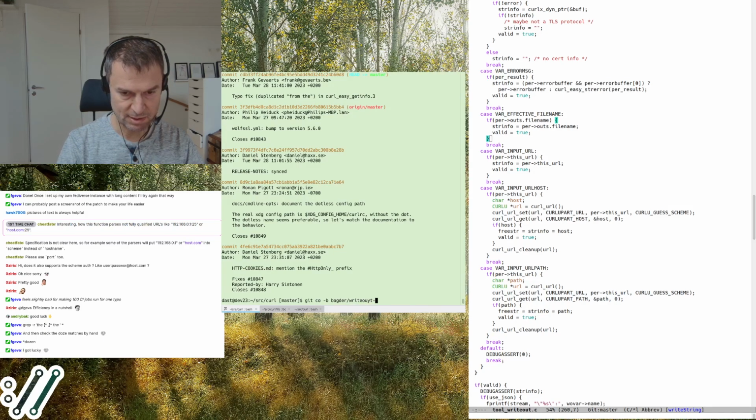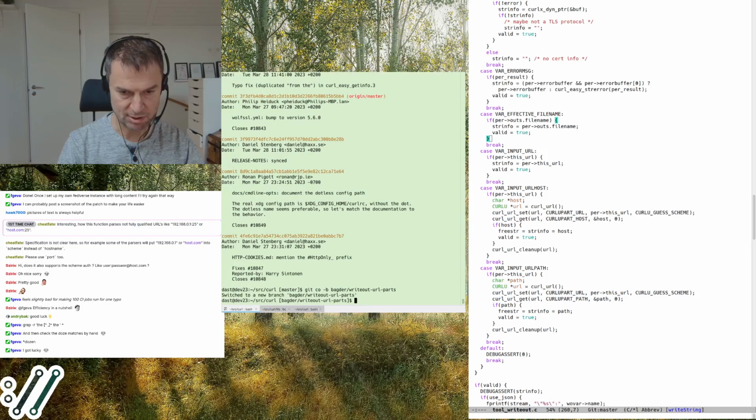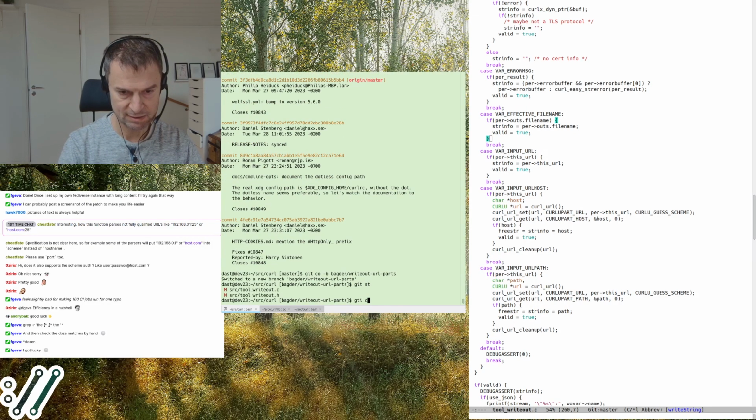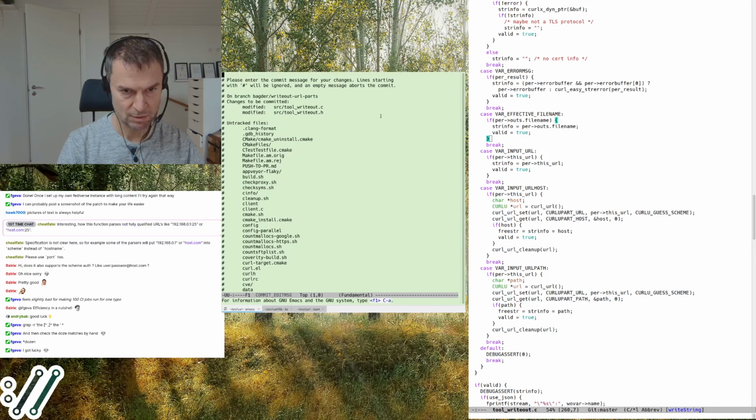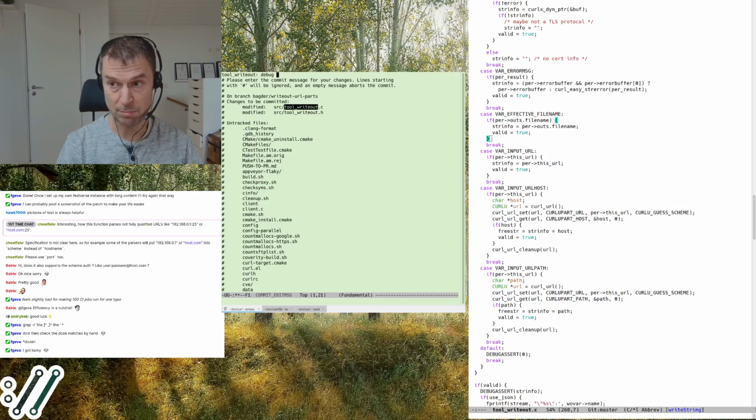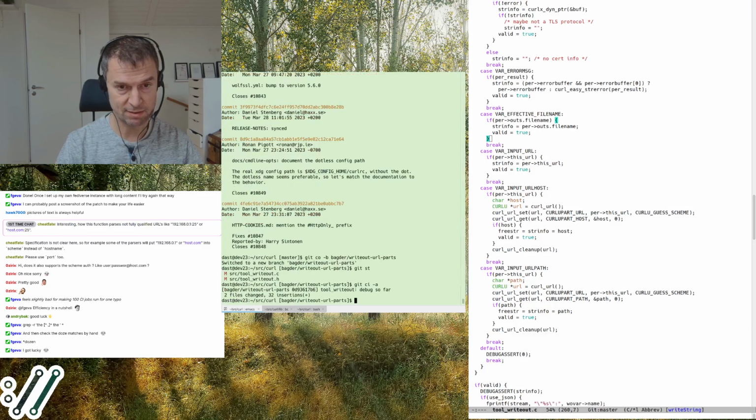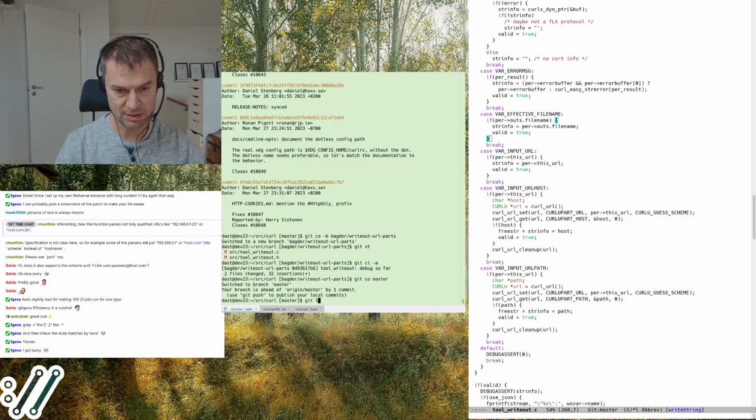Write out URL parts. Debug. Yeah, I'm just committing this to a branch so that I can get rid of them from the master branch.